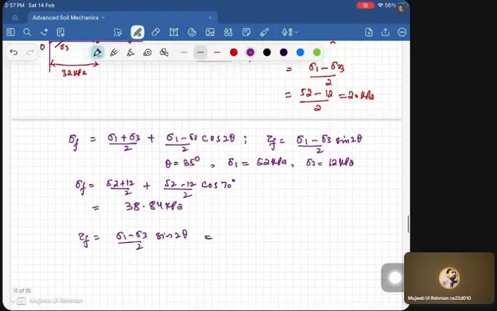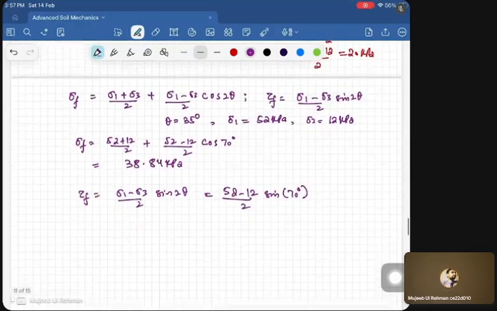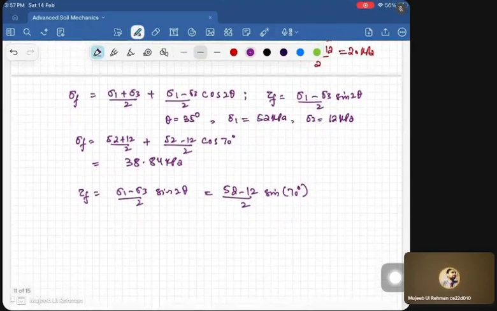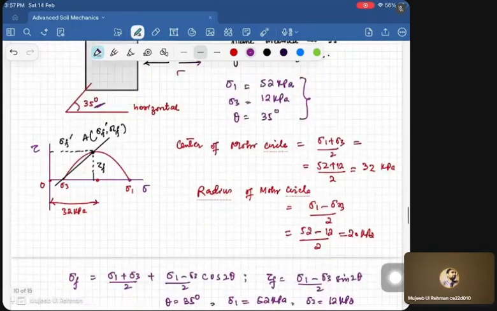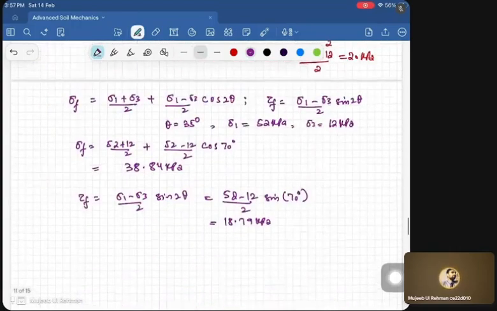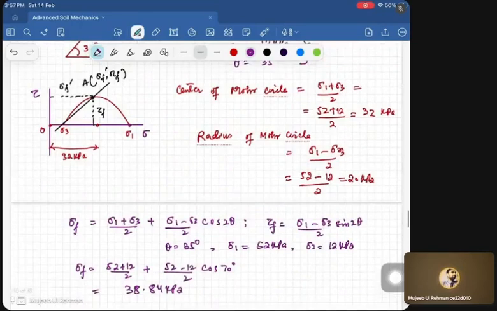Sigma 1 is 52, so 52 minus 12 by 2 into sine of 70 degrees. So it is 18.79 kPa. So it means that this ordinate here is 38.84, or we can say it's 39,